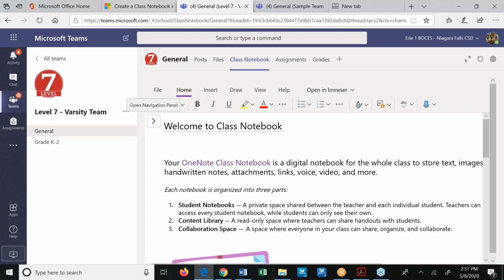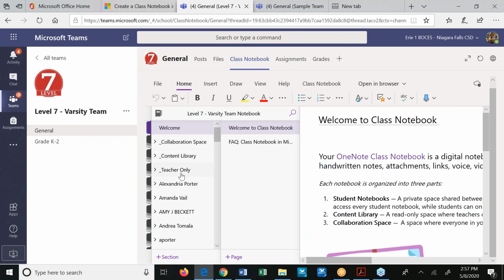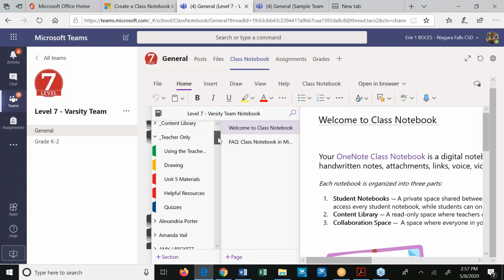I think this is as much as you need to do to be a level 7, and that is just creating your master notebook or creating your teacher section, which again, I've got to find out how to get that teacher only in there because that's really bothering me. Anyways, so I go to teacher only or the content library. All right, so now I have tabs inside of here. I really need to figure that out. I think I did that in the app. Shoot, now that I think of it. Anyways, all right, so let's